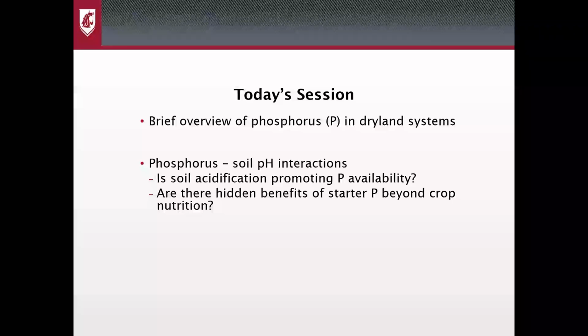with soil pH. Now, as we all know, pHs have been drifting lower in eastern Washington and even in central Washington as well. And I think that there are some implications with respect to phosphorus availability and maybe some side benefits to use of phosphorus in what are now recently acidified soil. So I'll start with a general overview, and then I'll get to some of these questions, and maybe that will trigger a bit of discussion and certainly some contributions from some of those in the industry, soil testing industry and